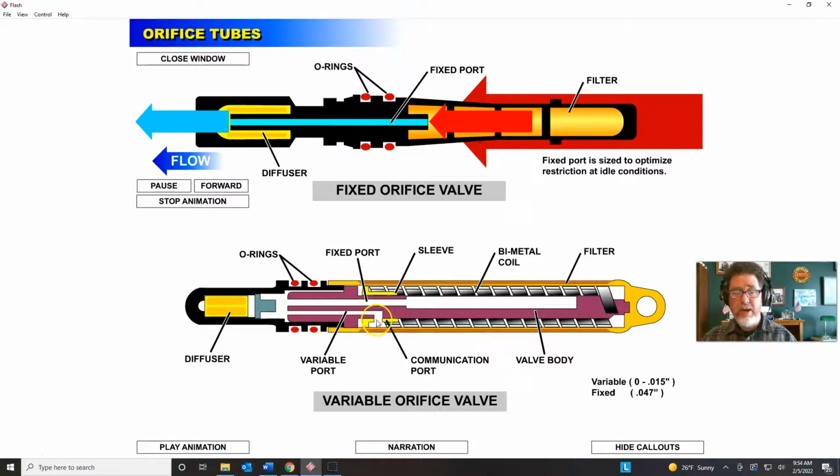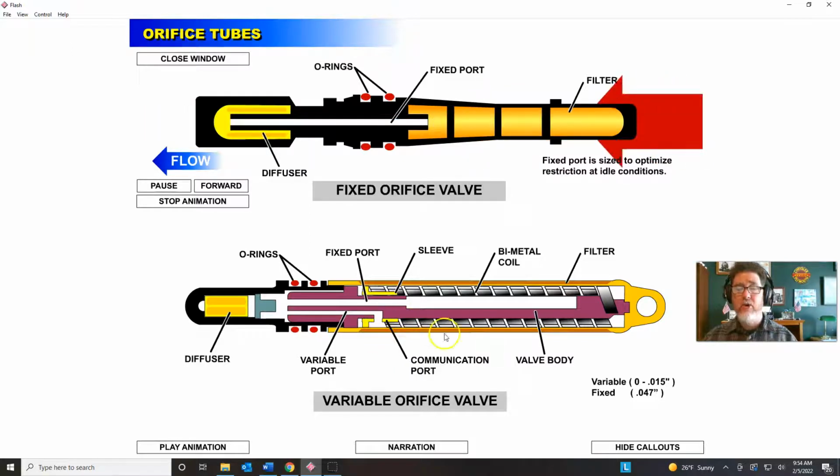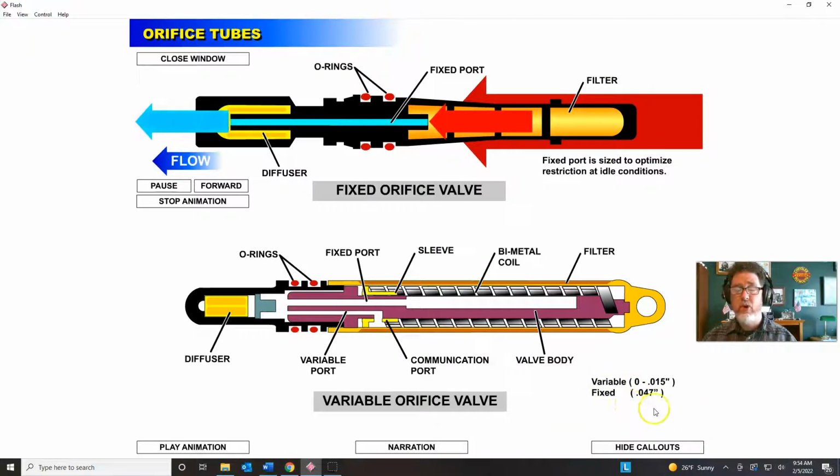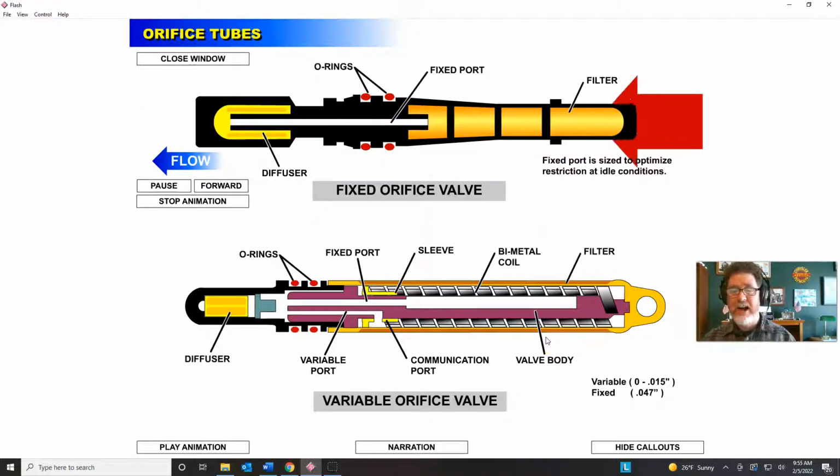So what's happening right now is that the valve is fairly open. So I have flow going through both of them, both the variable and the fixed orifice open, so I've got a total of 62 thousandths opening right there. That would be going down the highway with a low heat load. So think of this as just like a regular old fixed orifice valve. I don't need extra cooling when I'm going down the highway at 75 miles per hour. I need the extra cooling